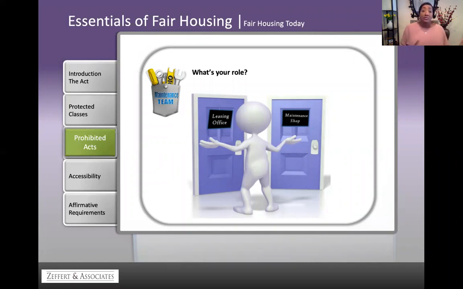What you do is, the maintenance responsibility is to tell that resident they need to speak to someone in the front office, because that's where the core of the responsibility is for notifying residents and applicants what units are available. It's just a matter of making sure that your maintenance staff knows what their role is, because again, they interact more with residents and prospects on a daily basis than sometimes those in the front office.